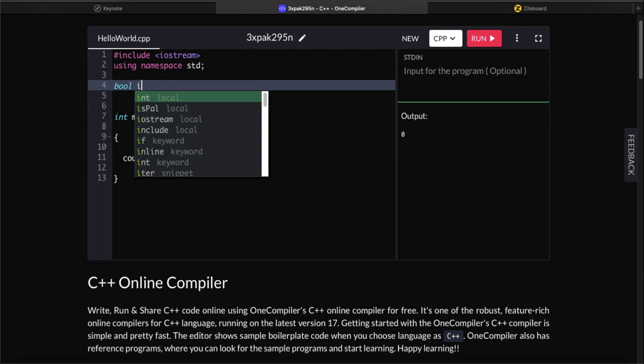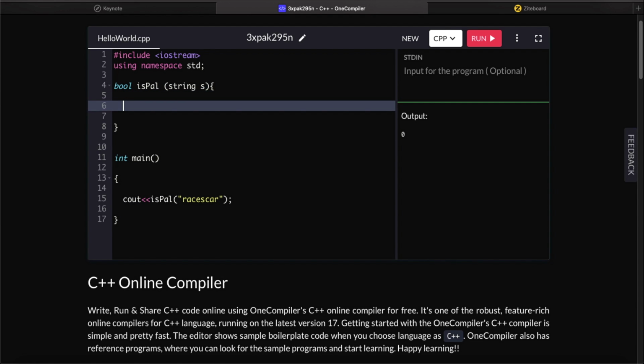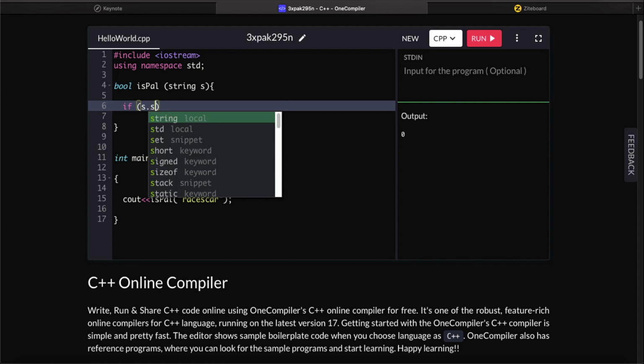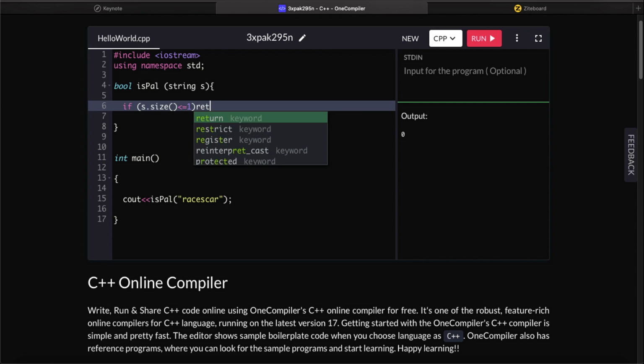Boolean is_pal again. Now let's take, I shouldn't have removed that. I could have used that code in here, but anyway, we're going to be doing the base case, and I'm going to be explaining it, don't worry, on the whiteboard. So if the size of the string reaches 1 or less than 1, which is going to be 0, let's return true,